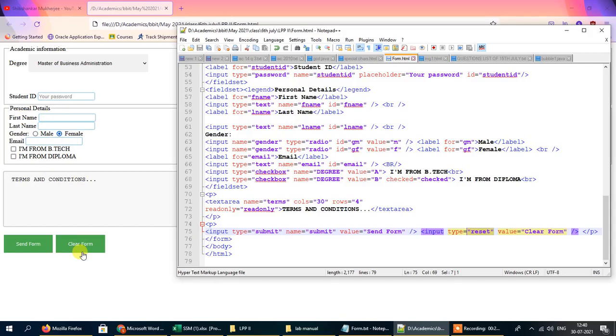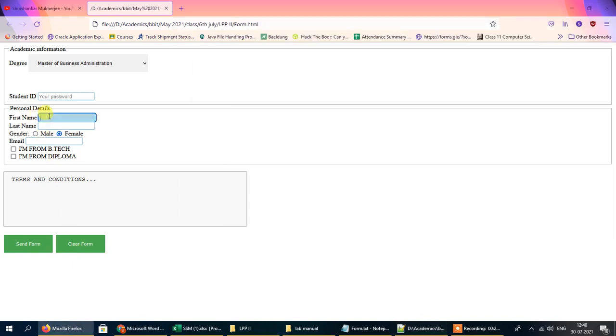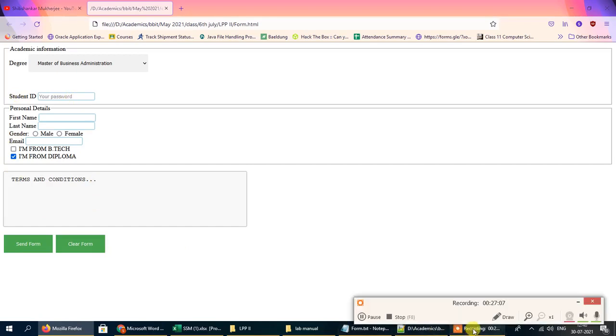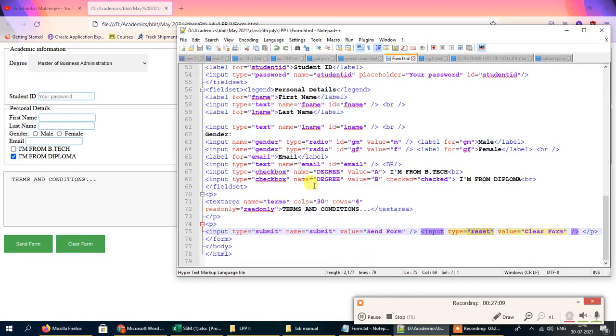Just as CLS clears the entire screen, here clicking on reset will clear all the values that may be present in this form. So let me enter some random values over here. If I click on clear form, you can see all the values went away. So upon hitting reset, all the values were cleared, and this option which was supposed to be selected by default, that also got selected.